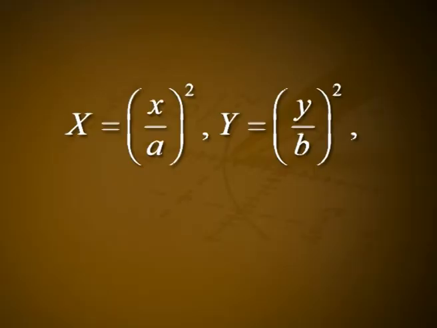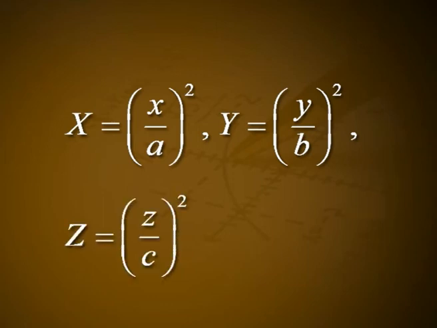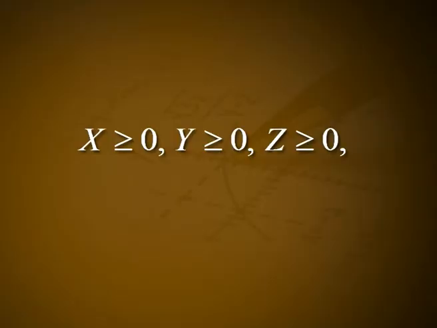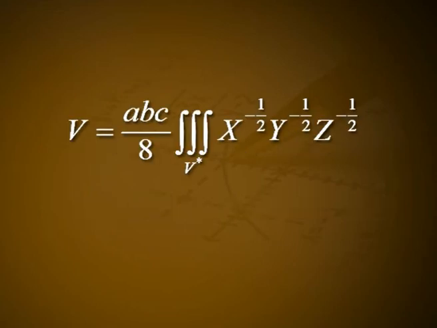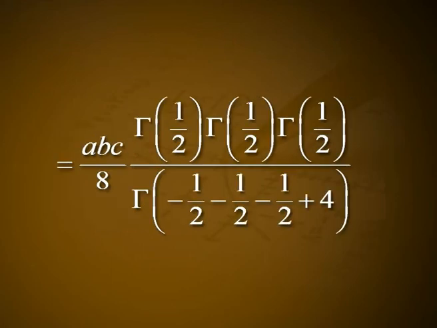Introducing x is equal to (x by a) whole square, y is equal to (y by b) whole square, z is equal to (z by c) whole square, we have the transformed region V star given by x greater than or equal to 0, y greater than or equal to 0, z greater than or equal to 0 and x plus y plus z less than or equal to 1, and V is equal to abc by 8 triple integral over V star x raised to minus 1 by 2, y raised to minus 1 by 2, z raised to minus 1 by 2 dx dy dz, which is equal to abc by 8 gamma 1 by 2, gamma 1 by 2, gamma 1 by 2